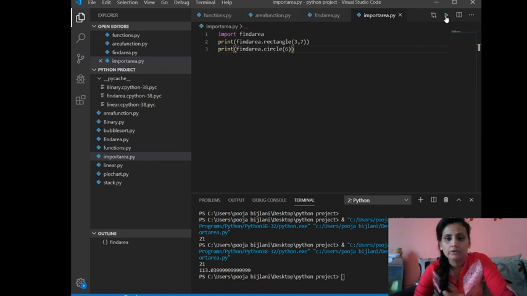So what have we learned in this session is there are 3 categories of function. Built-in functions are already there in the library of Python, and we can use them without importing. Then we have user defined functions.